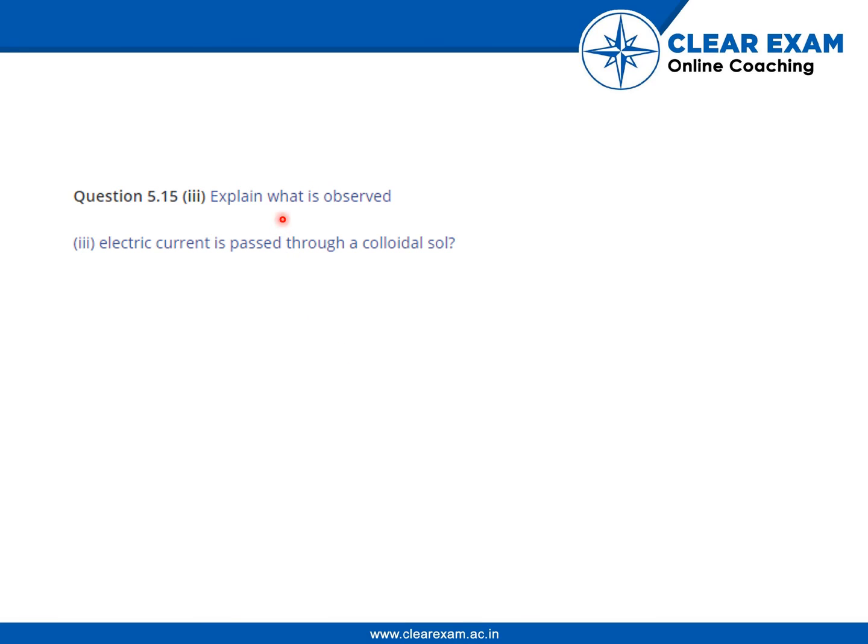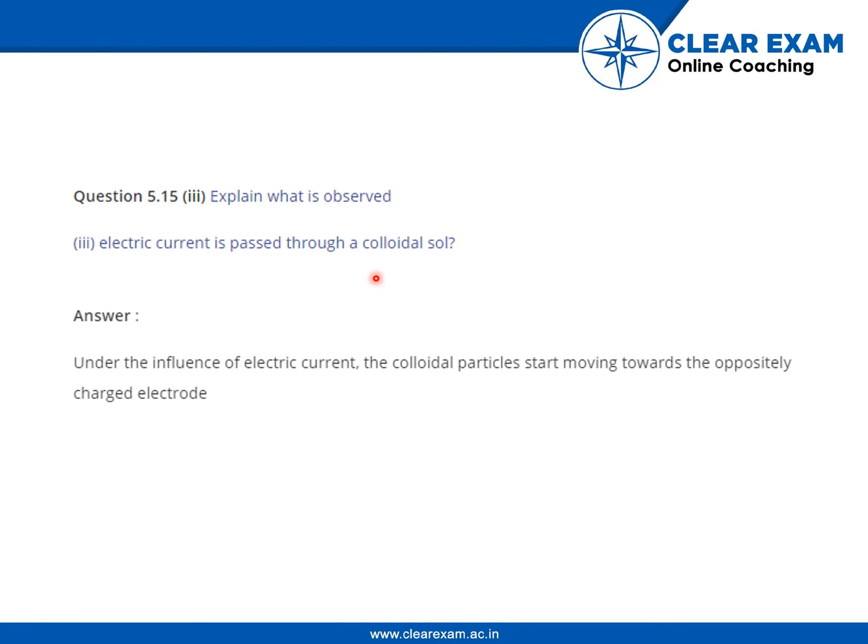Moving on to the third part of the question, we have to explain what is observed when electric current is passed through a colloidal solution. Under the influence of electric current, the colloidal particles start moving towards the oppositely charged electrodes. So why do we observe this type of behavior from the colloidal particles? So you need to know that colloidal particles